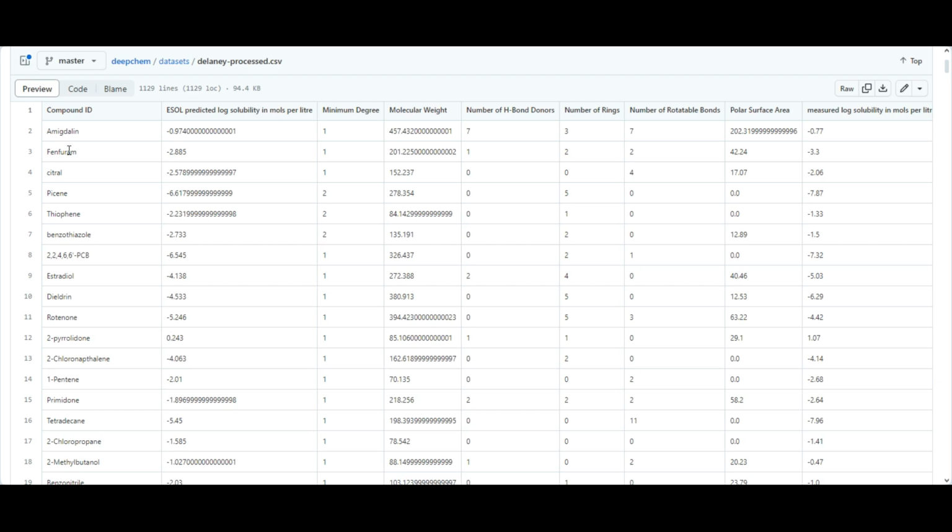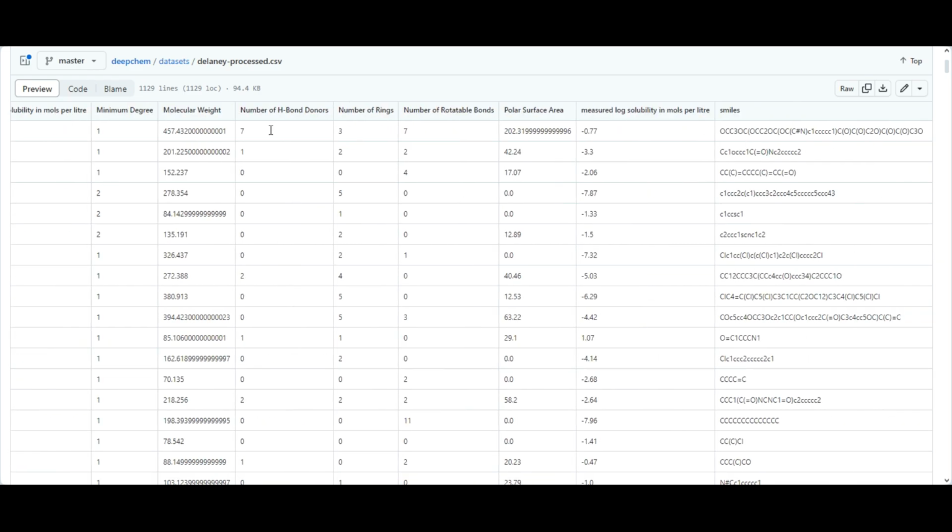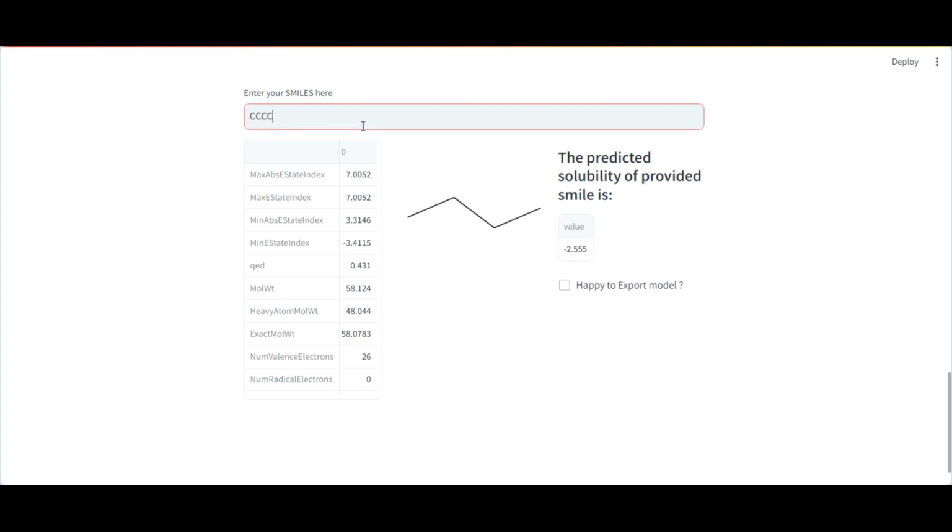Okay, here is the first compound, amygdalin, and its solubility is minus 0.97. Okay, here is the SMILES. Let's copy its SMILES and put it in the app and see the result, how our model